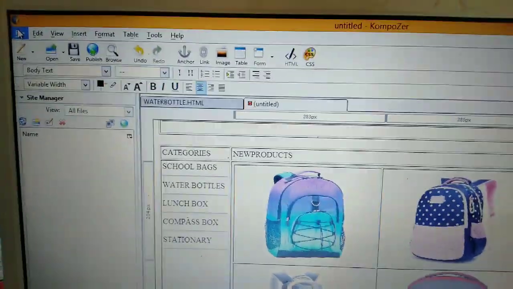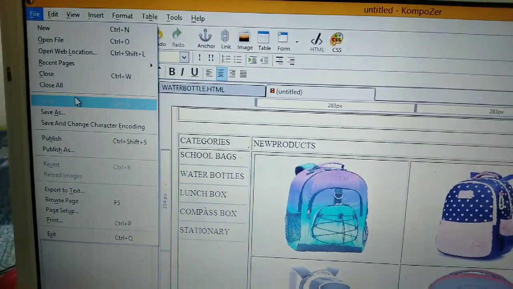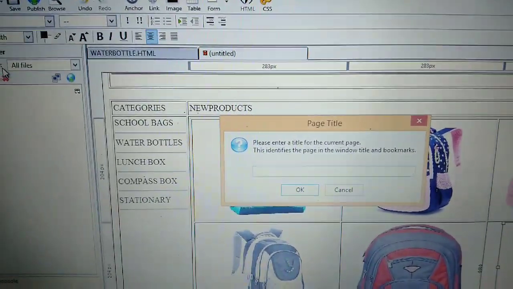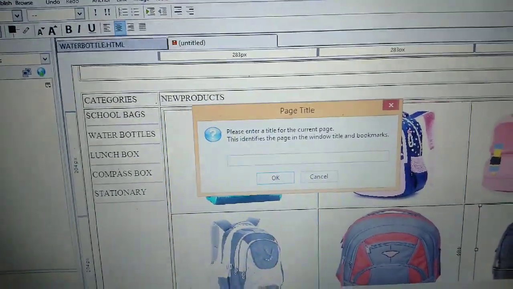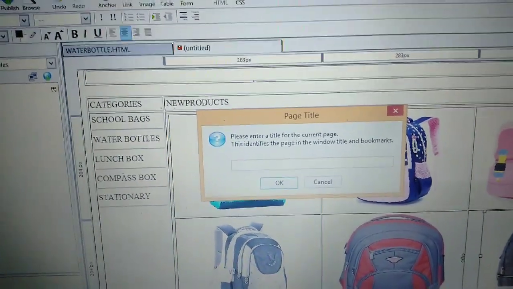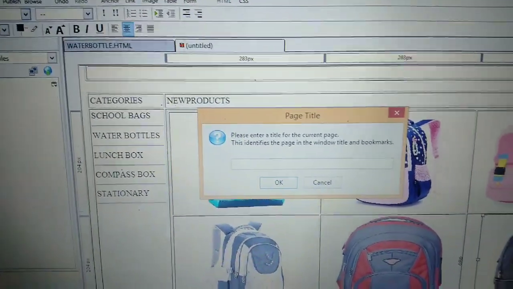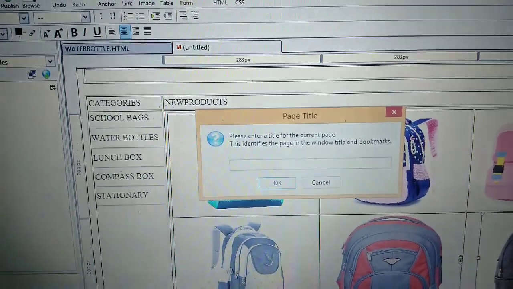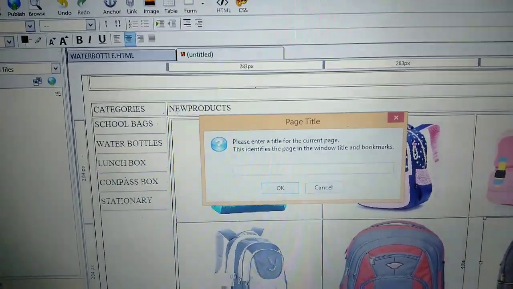Now I want to save my page. File, save. This is my first page, that's why I am applying home page. I want to write index page, index title, but I have already created my website and I have already given the index name.